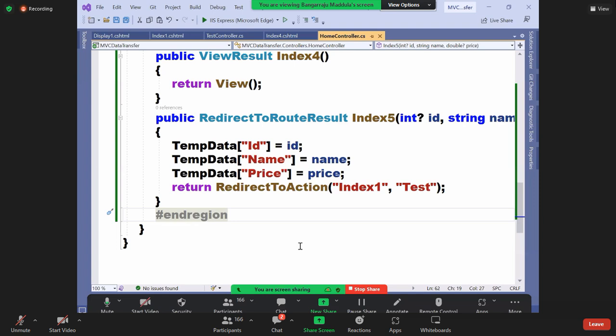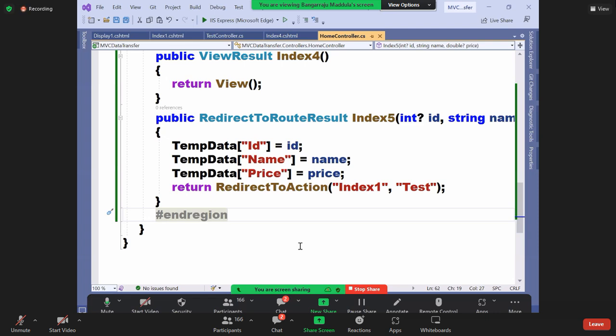And it is not type safe. But here, even though the data is carried in multiple requests, there is a small restriction. What is that? Unless you call Keep or Peek, the values are not retained. Once you try to access the values from there, automatically all the values are deleted for you. Is it clearer or not? If you want to retain them, you need to call either the Keep method or the Peek method. Any of these two methods, you should call for sure here. Is my point clearer, all of you?